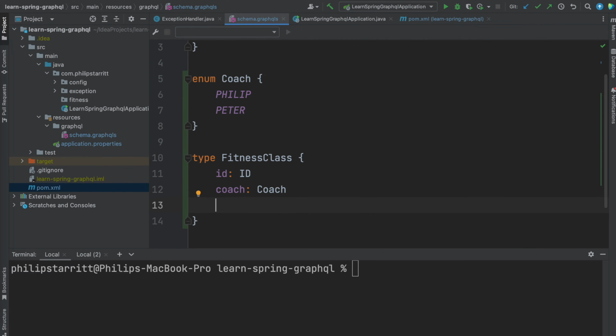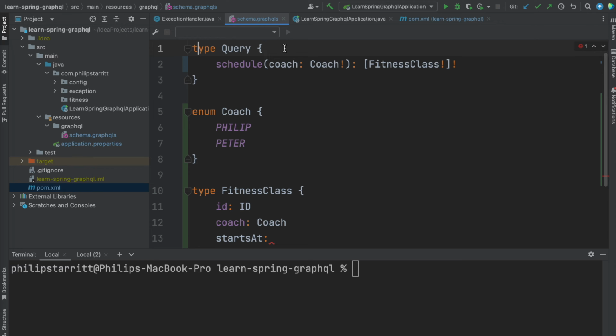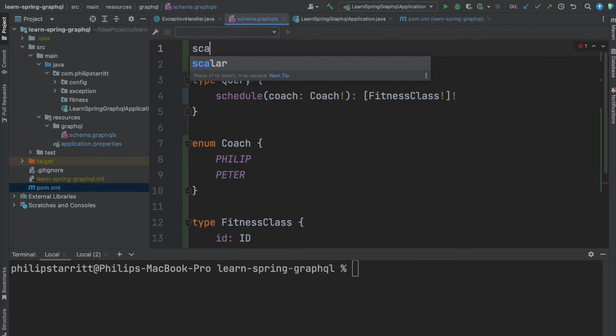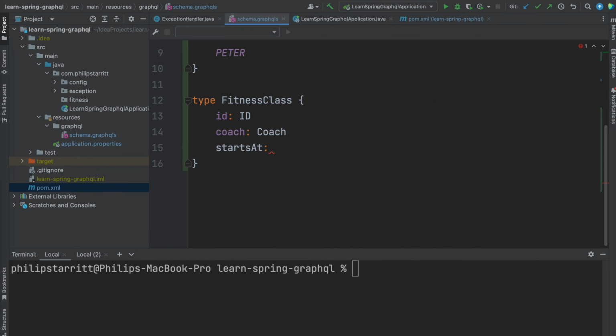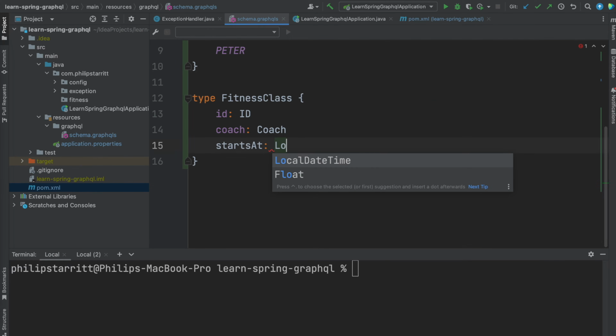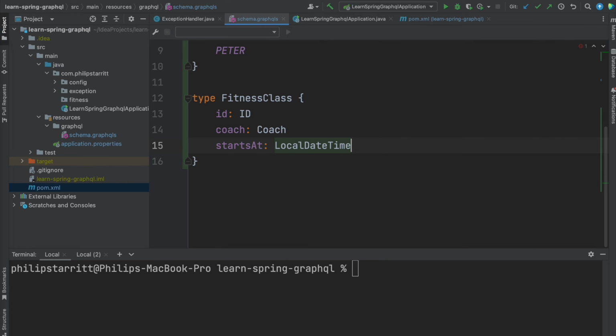What else? Let's say give it a start time. So starts at, and here what we need to do is go ahead and we're going to bring in the scalar type of the local datetime. So it starts at a local datetime, and let's just give it, say, ends at local datetime, and let's make these not null,